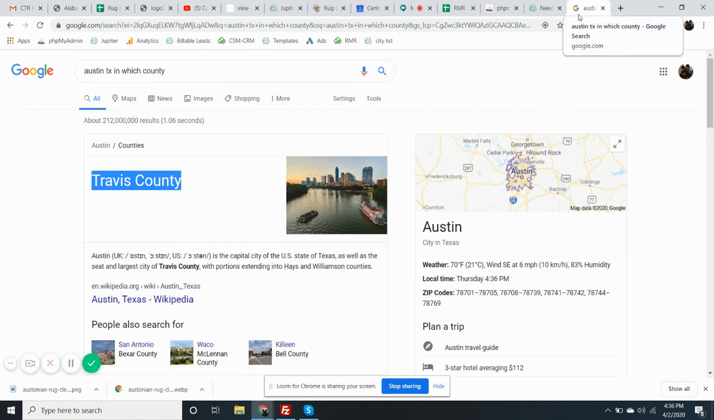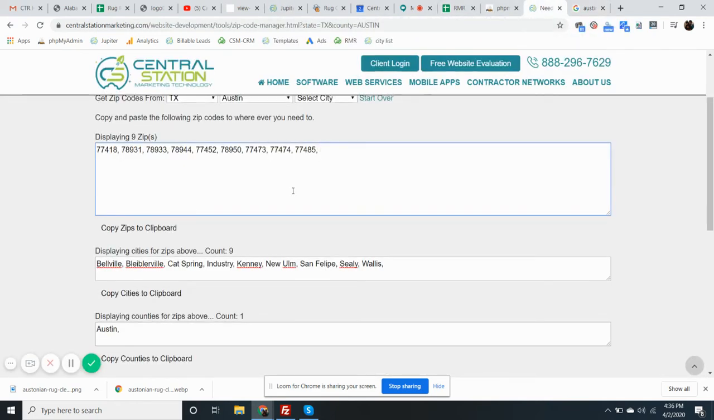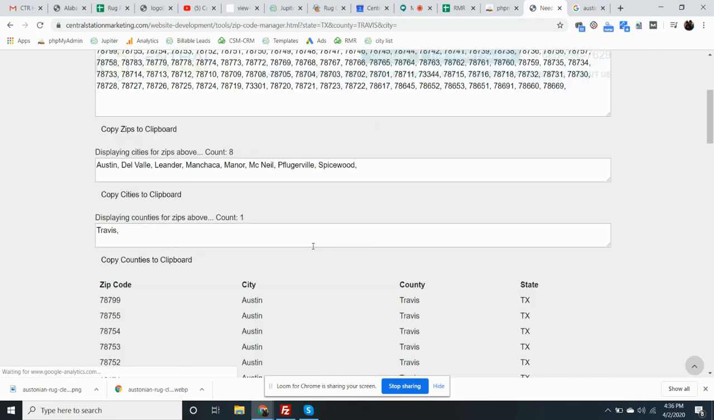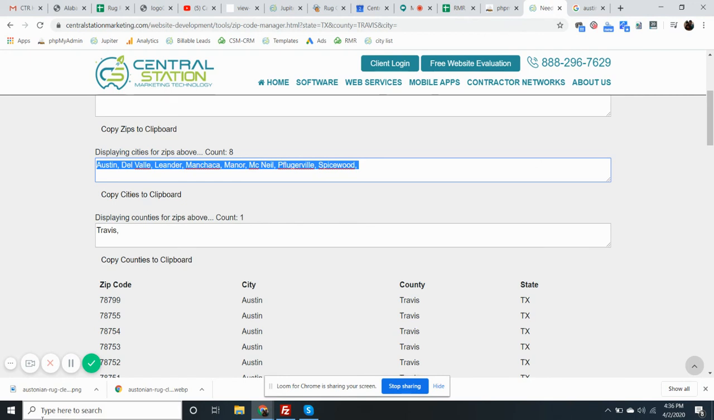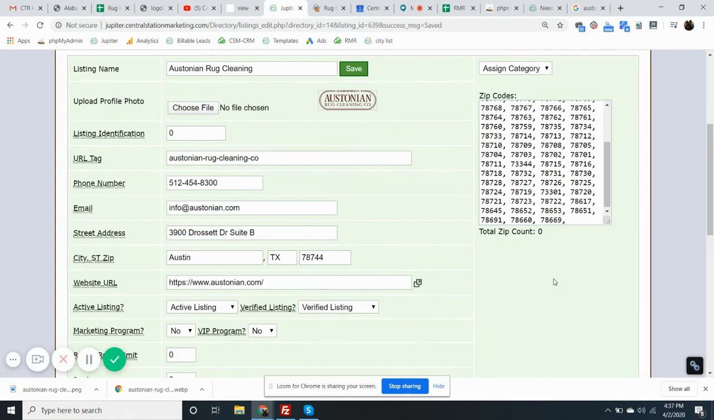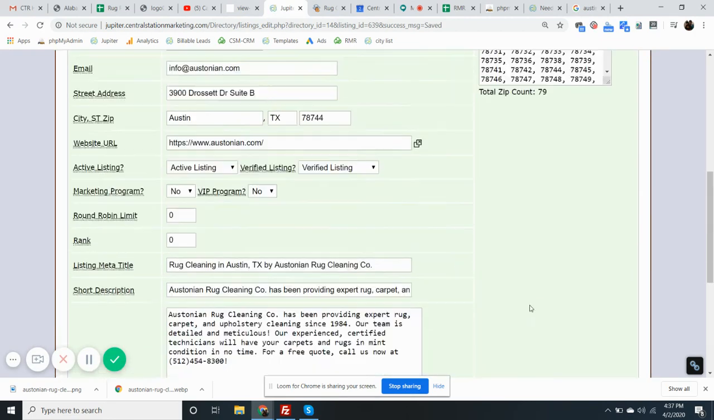Okay, and then you see Round Rock, Georgetown. But if you start with just that, I'm happy with that. So Travis County is what I'm going to go here and say, give me Travis County. And now Travis County gave me all these cities. Austin, right? That's the big key city that I wanted. So I copy all the zip codes and then put it in my zip code list. And that's how you do